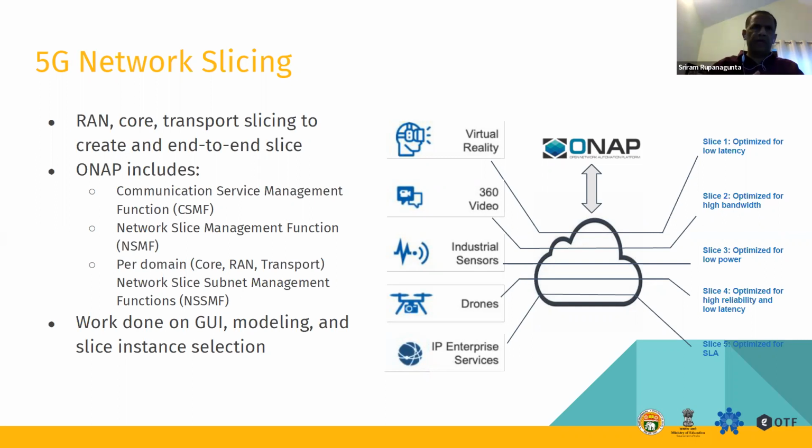So now what is the role of ONAP in this, right? So ONAP will allow you to create these slices, activate them, and modify them, right? You can do the lifecycle management of these slices. For example, when you create slices, you may have to change the characteristics of the slice. Right? So ONAP allows you to do all of that, and it has workflows to do all of these functions.